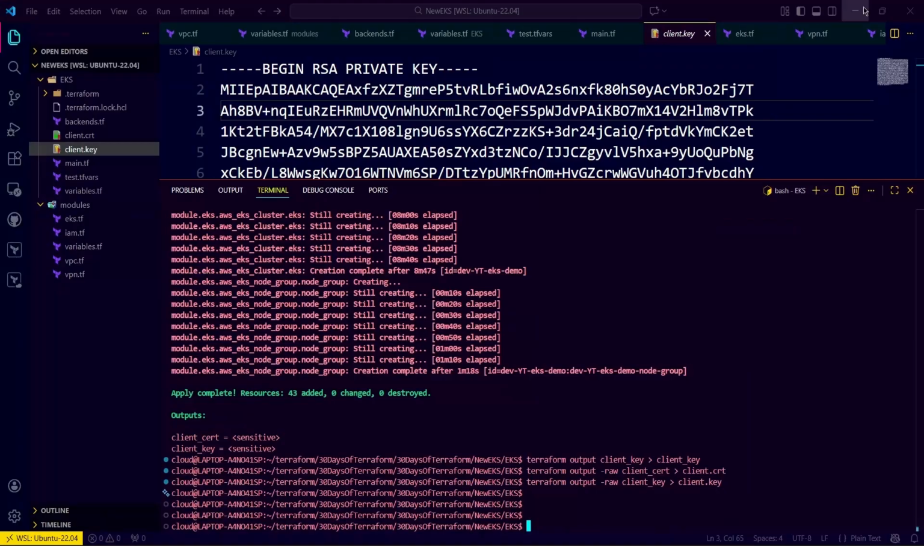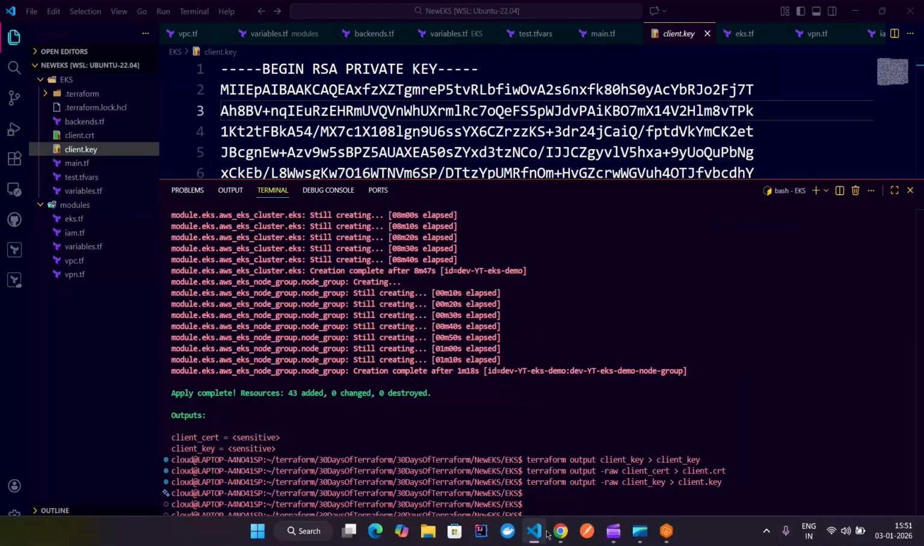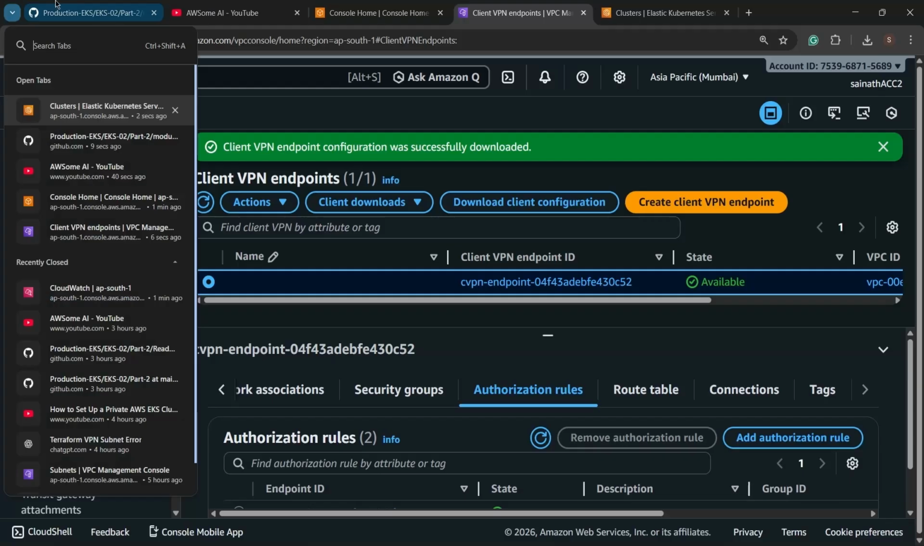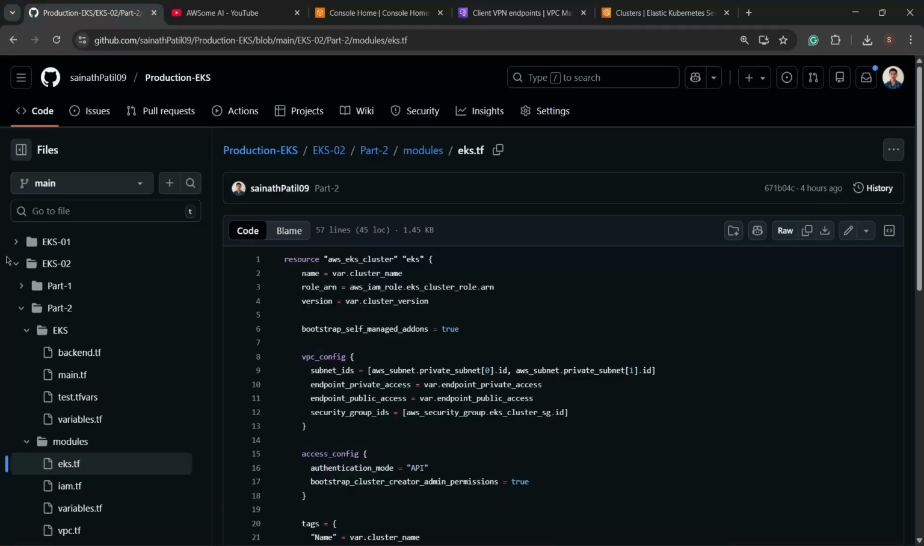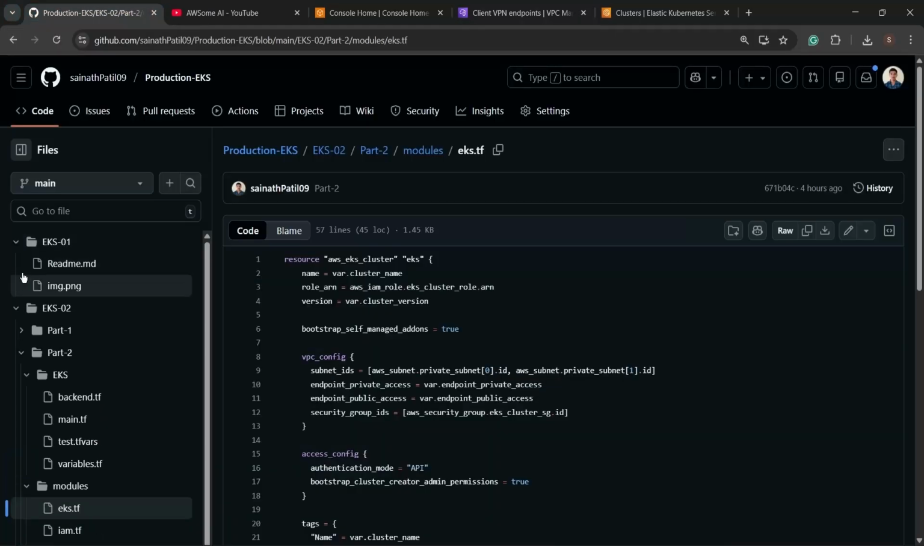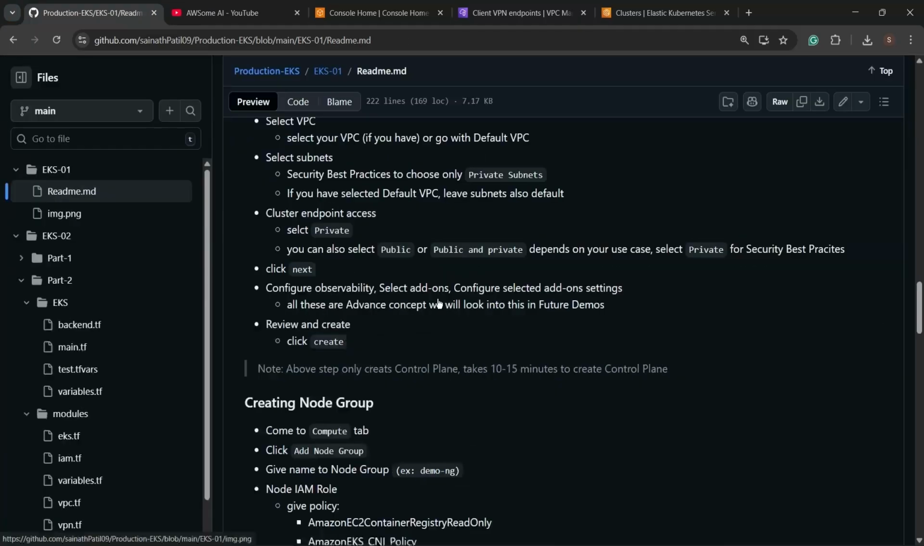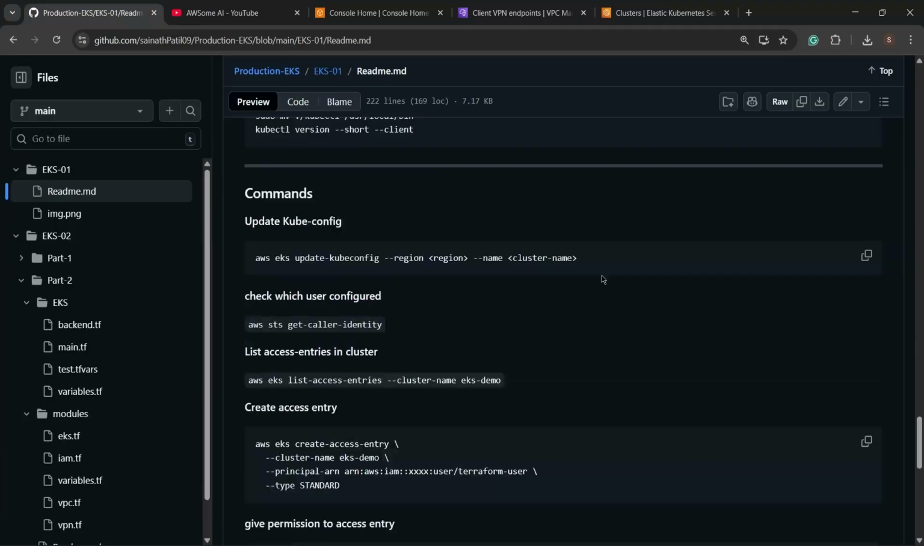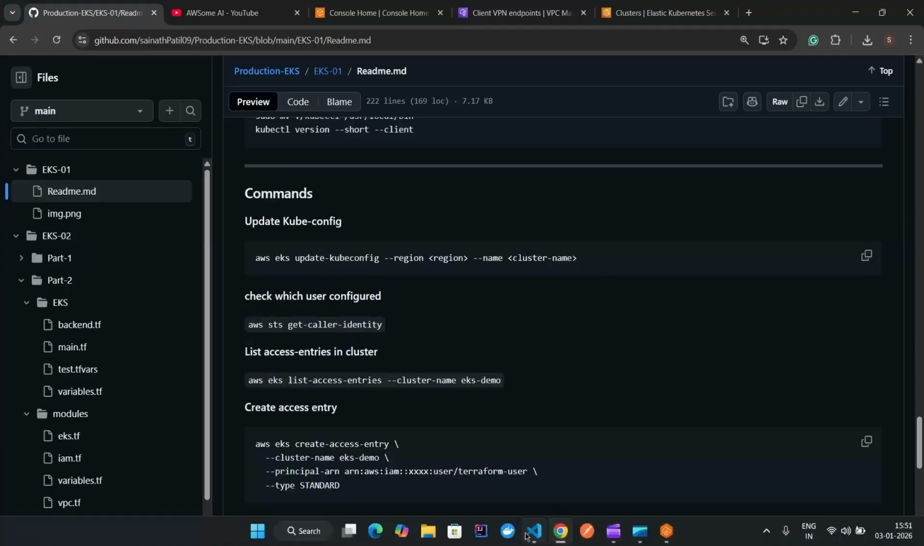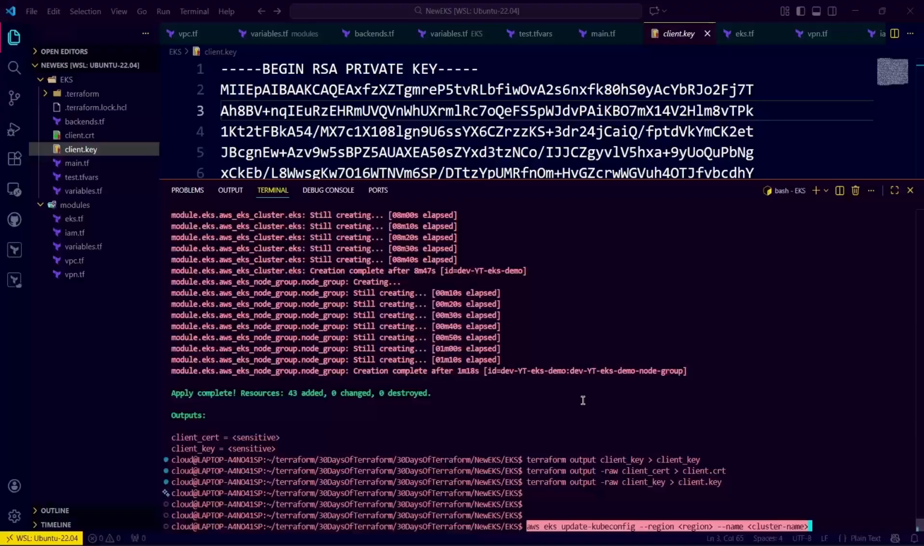So for that we have a command also. I have that command in the first part one only. So this is that command. I will use this command. I'll paste that command here. I'll change the region